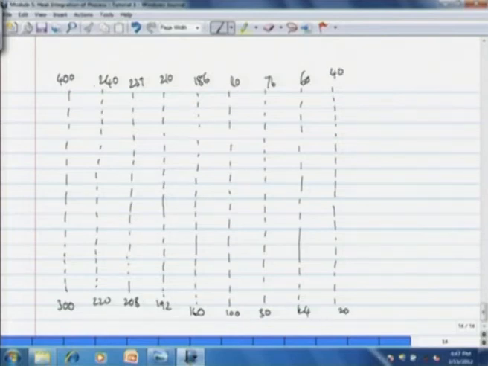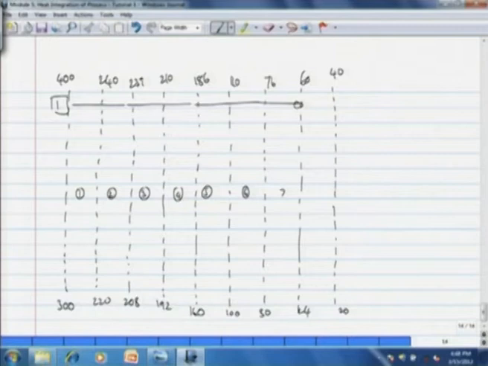In these enthalpy intervals, we shall list all the streams. Like stream 1 is in all the intervals but the last. So enthalpy interval 1, 2, 3, 4, 5, 6, 7 and 8. So number 1 stream is in interval 1 to 7. Similarly, number 2 stream is from 4 to 8.